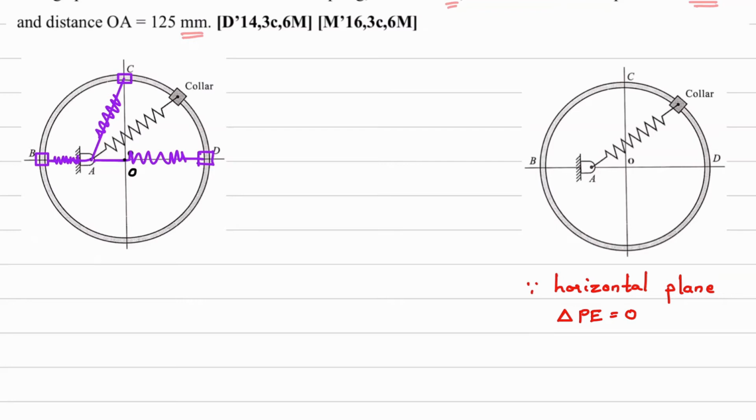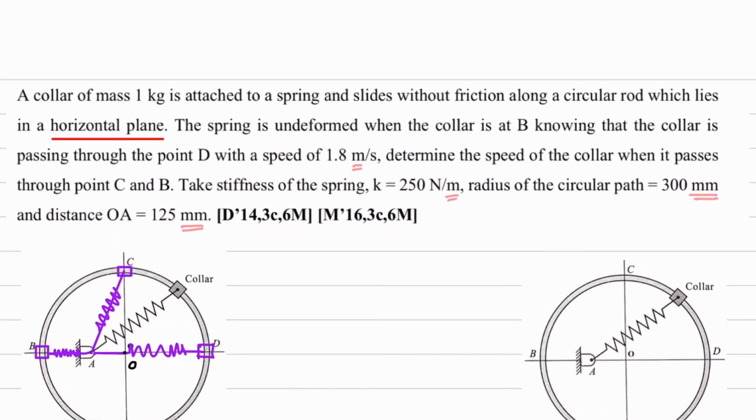Okay, very important point. The circular rod lies in a horizontal plane. So these two things are very important. We don't have non-conservative forces and the setup is in a horizontal plane. Okay, so the only force here will be spring force, and we have to consider kinetic energy. Now since we have spring force only, here we can take advantage of the conservative force characteristic. When a conservative force does work, we can take the help of that characteristic.